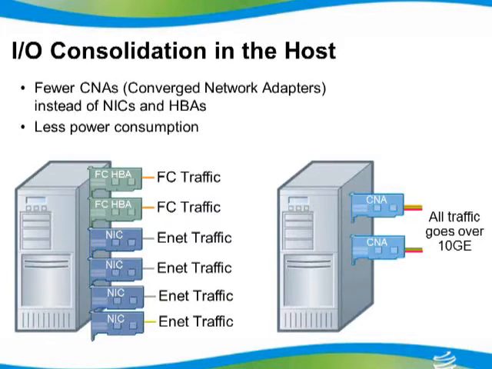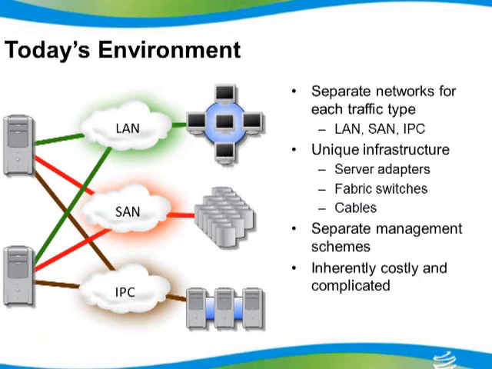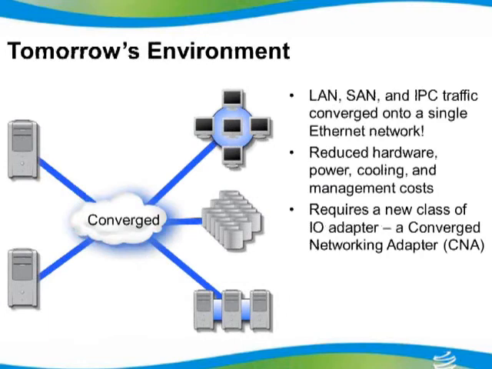When we talk about topics like boot from SAN, meaning I'm not going to put any local hard drives within a server, and all my data and operating system exist on shared storage, then if there are no hard drives in a server, and I have those same 20 servers in the rack, what's the difference between each one of those servers? Really, nothing is different between any of them, except, and if you're a technical person you'll know this, worldwide names and MAC addresses will be different between each system. If I can virtualize those two components, which I'm doing with converged network adapters, I have the ability to take those connections and move them between systems in the environment. So now I can create a level of high availability for my non-virtualized applications within my infrastructure.